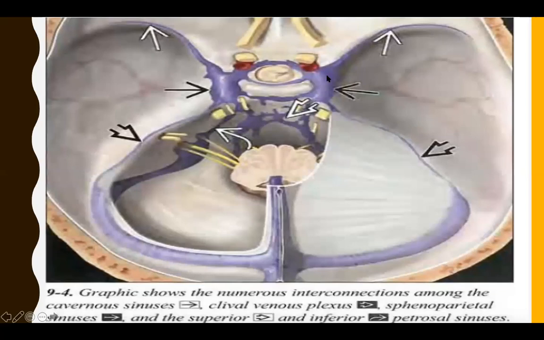So it's a paired, bilateral structure. There are afferent veins and there are efferent veins. The afferent veins basically are the orbital cavity veins, that is, the superior ophthalmic and the inferior ophthalmic vein, which is not seen clearly over here. Sphenoparietal sinuses, there can be uncal veins, and the efferent drainage of the cavernous sinuses is basically via the superior petrosal sinus and the inferior petrosal sinuses into the jugular vein. Sometimes the veins go into the anterior condylar confluence, which is an extracranial structure, and also occasionally into the pterygoid plexuses.